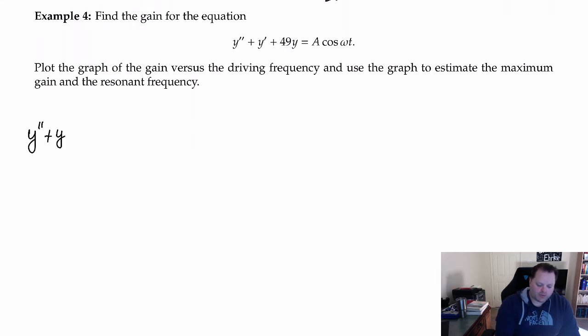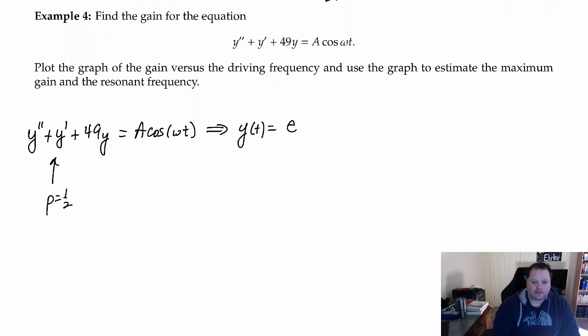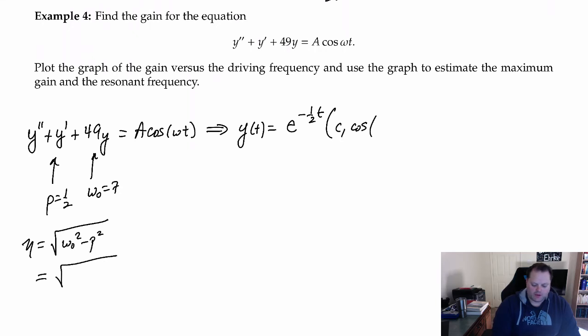Y double prime plus Y prime plus 49y equals A cosine omega t. And based on the work that we've done earlier today, we know that y of t is equal to e to the minus, well, let's make sure we understand what p is. P is 1/2, right? Because it's half of the term there. And this is omega naught squared, so omega naught is 7. So you get e to the minus pt times c1 cosine, remember it's eta. Eta is the square root of omega naught squared minus p squared. So in this problem, it would be the square root of 49 minus 1/4,